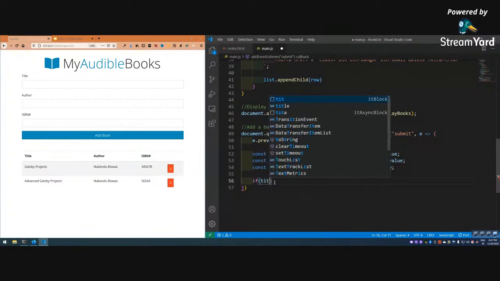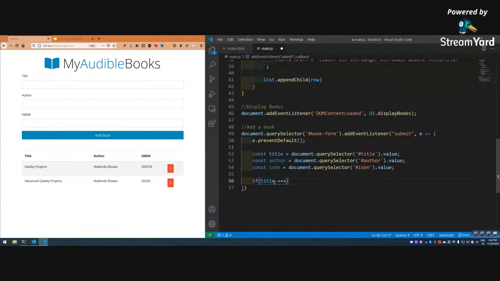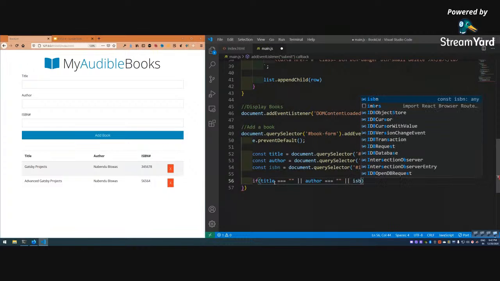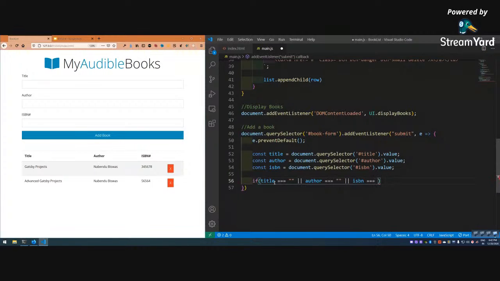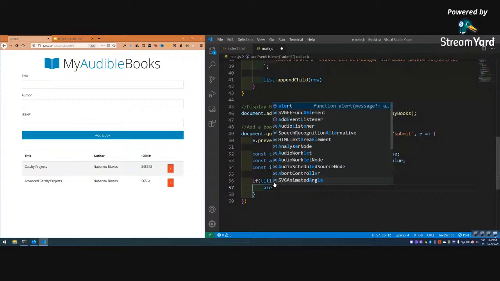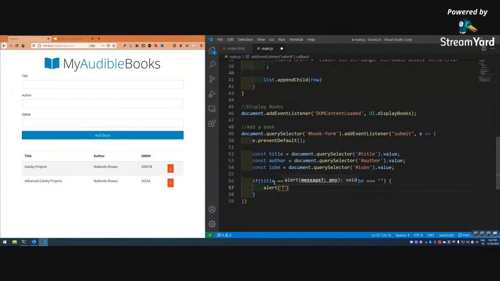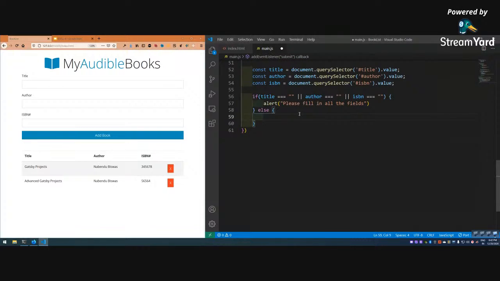So if title triple equal to empty string, or author triple equal to empty string, or ISBN triple equal to empty string, then we will give an alert: please fill in all the fields. Okay, else, let me take it on top, else